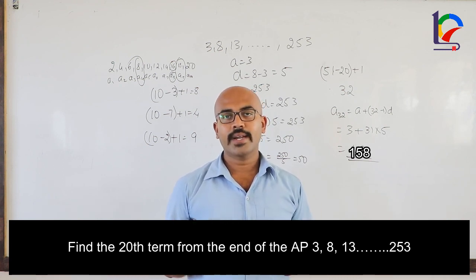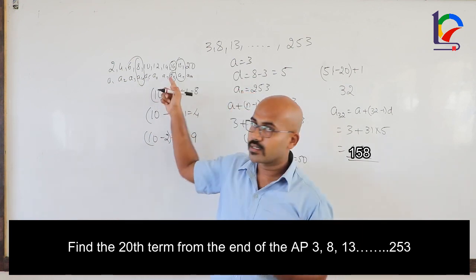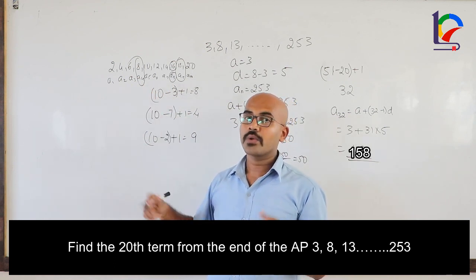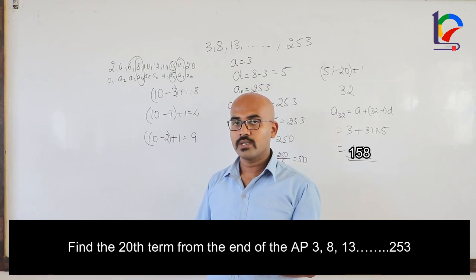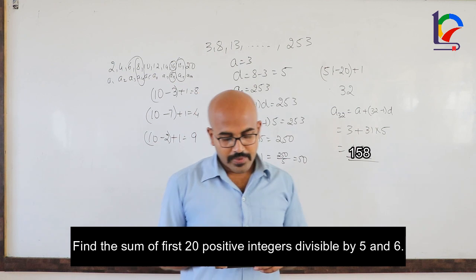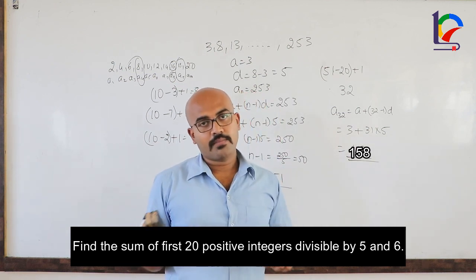So I repeat. Whenever you are facing any problem, or whenever you are not able to understand the problem, try to take a simple example, especially in this arithmetic progression, because when you are not able to find the logic, when you take simple examples like this, you'll be able to understand how you can get the solution. So try to do like this. So similarly, there's one more example.